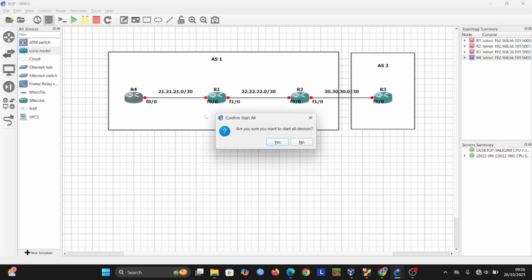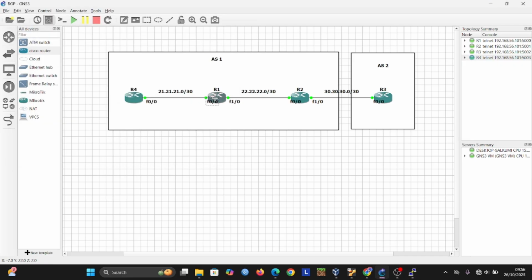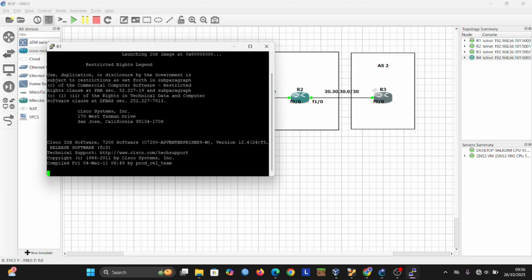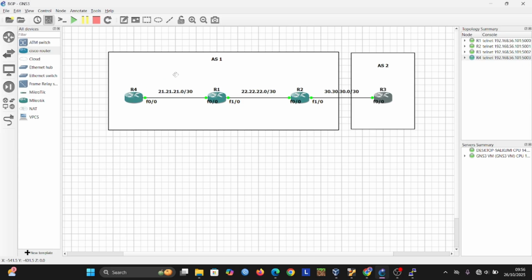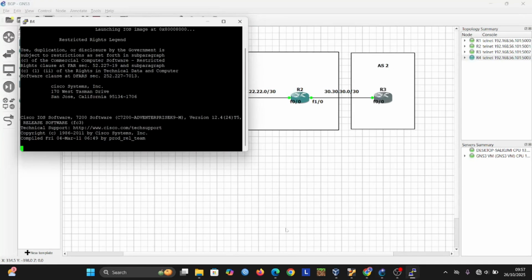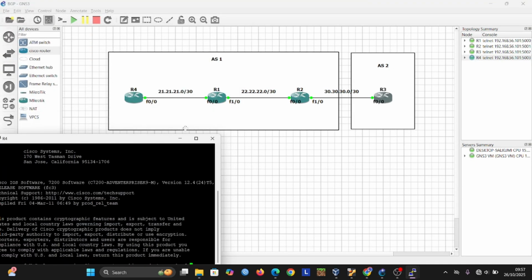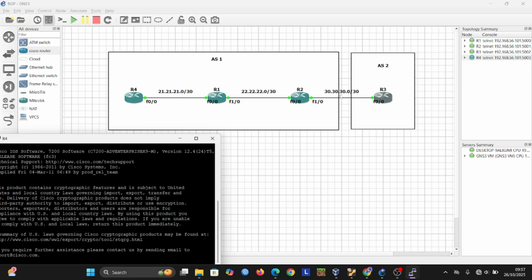In BGP we must make the connections in these areas, until router 4 can ping to router 3.